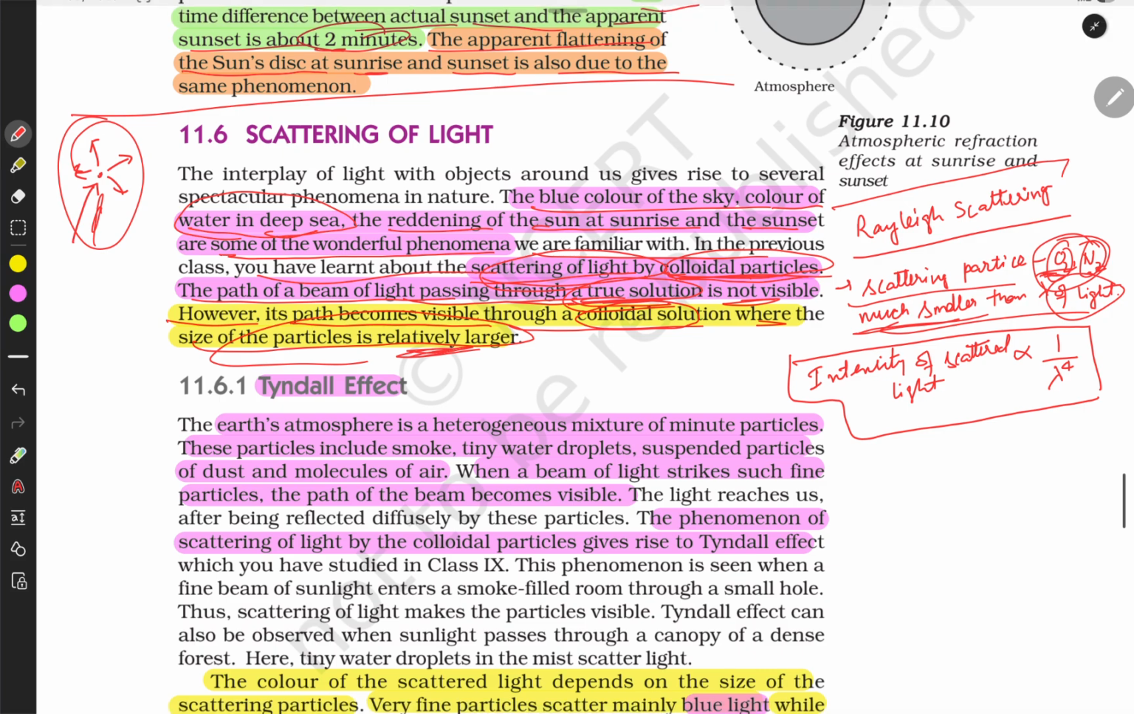So we have a law: the intensity of the scattered light is inversely proportional to the fourth power of the wavelength. So the more the wavelength, the less it will scatter, and the less the wavelength, the more it will scatter. We know that red has a large wavelength, and violet has a